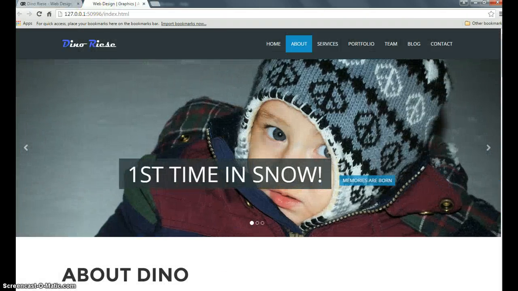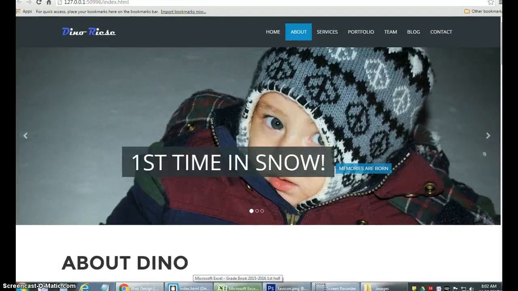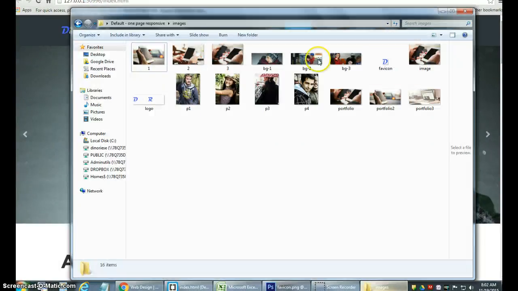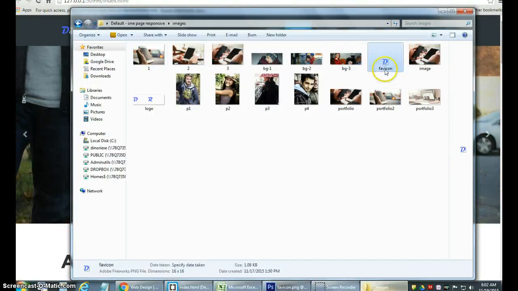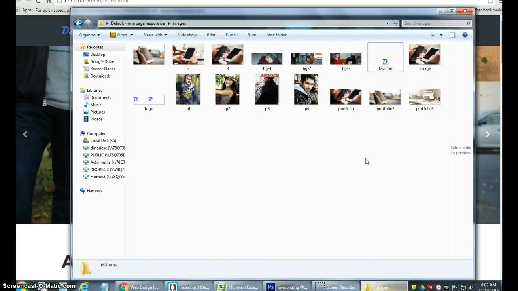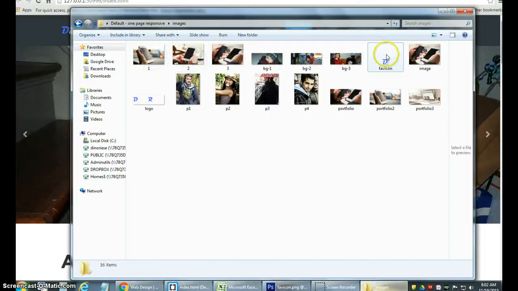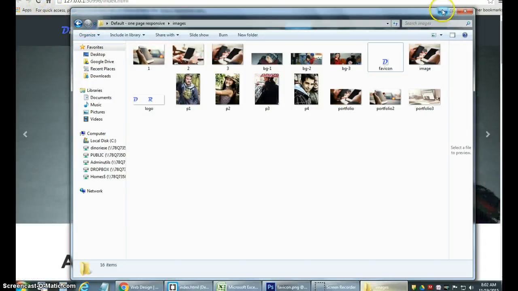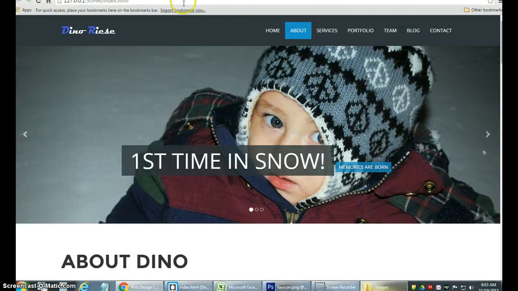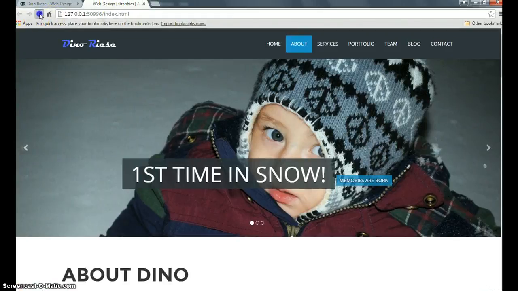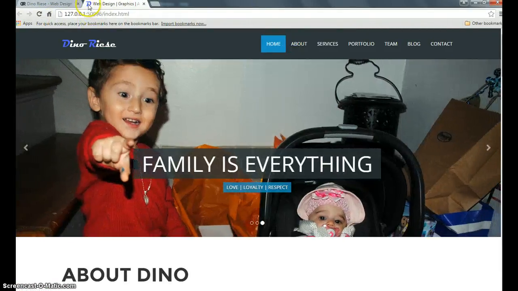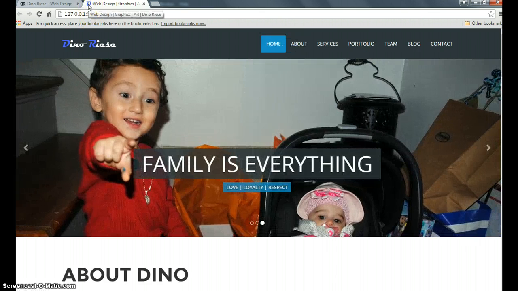All right, it should come up here. Let me make sure that it's in the right spot. Let's open up the images, and there it is, favicon. It is correct, and it's correctly stated, and it's exactly where it needs to be. Everything here is correct. So if I go into here, let's minimize that, come back up to our website, we'll refresh it. There it is, and you get your favicon,